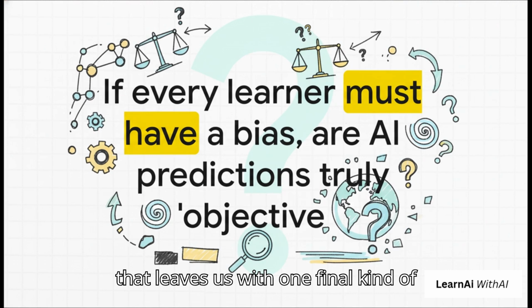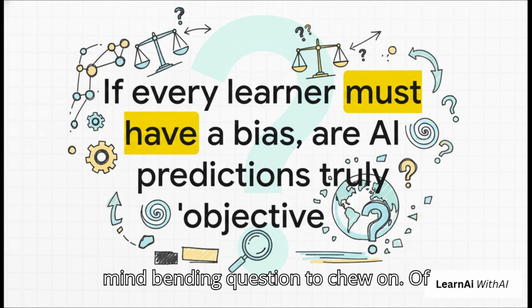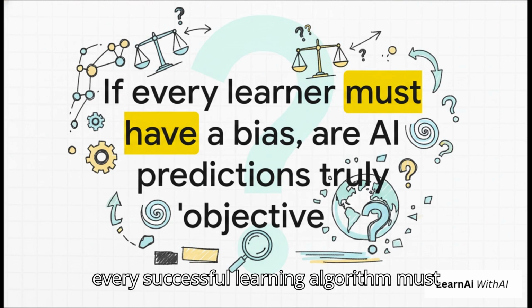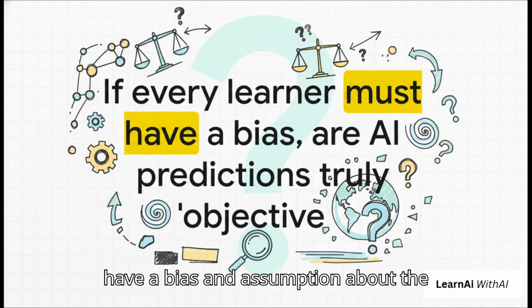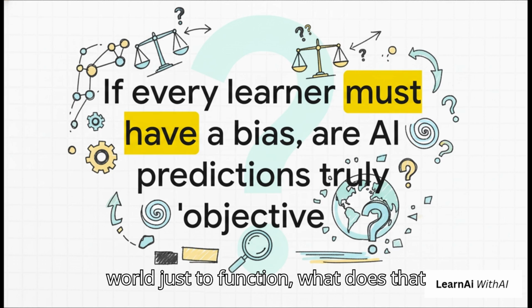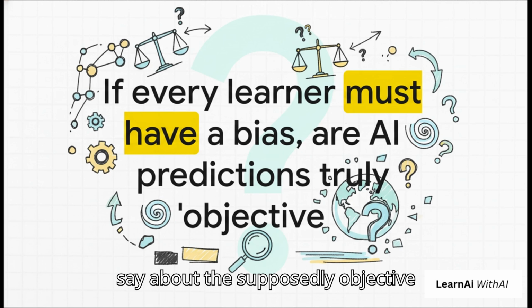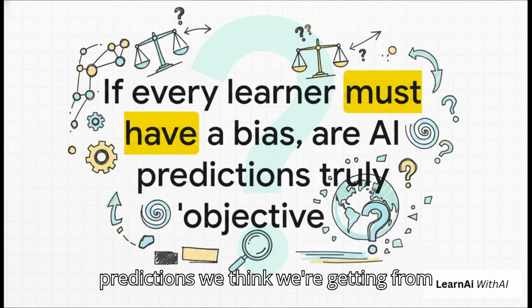And that leaves us with one final kind of mind-bending question to chew on. If every successful learning algorithm must have a bias, an assumption about the world, just to function, what does that say about the supposedly objective predictions we think we're getting from AI? Something to think